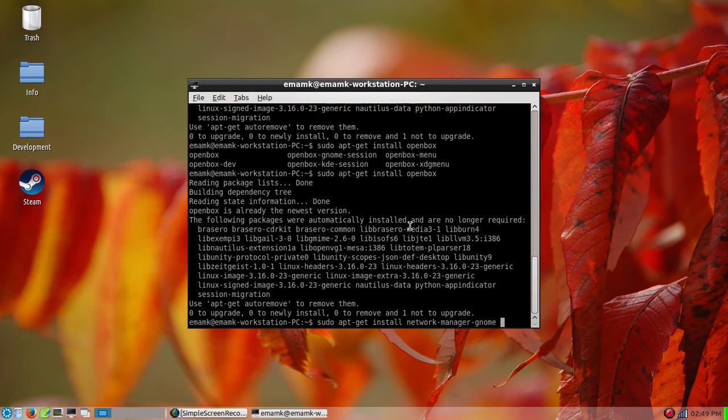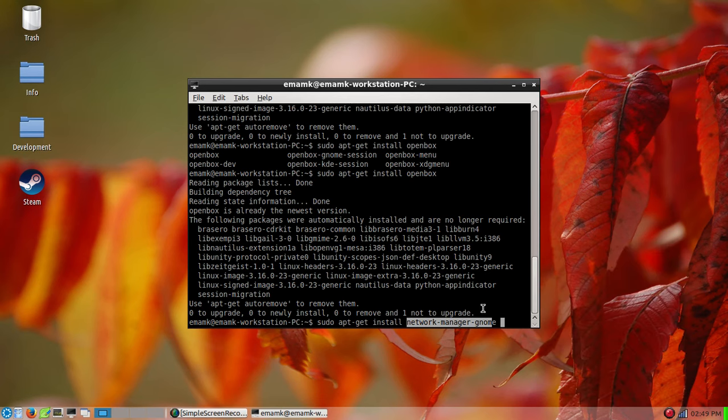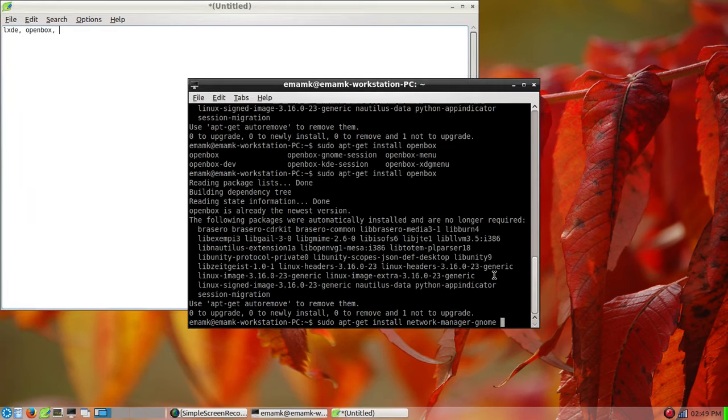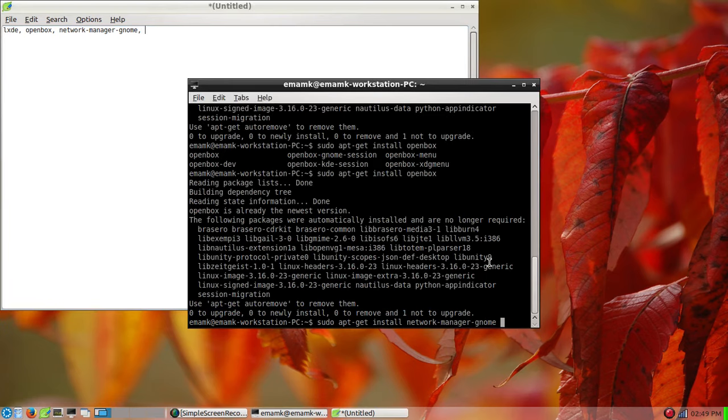The reason you need this is that if you don't install it, the LXDE desktop probably will not show the network icon for connecting to and configuring different networks. So you need to install this. So the packages you need to install: LXDE, OpenBox, Network Manager GNOME, and